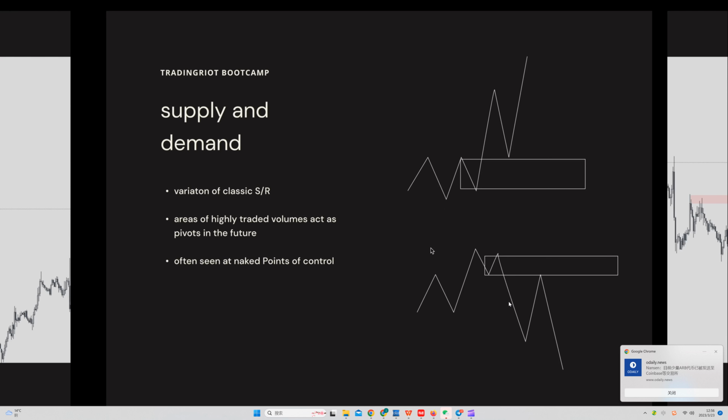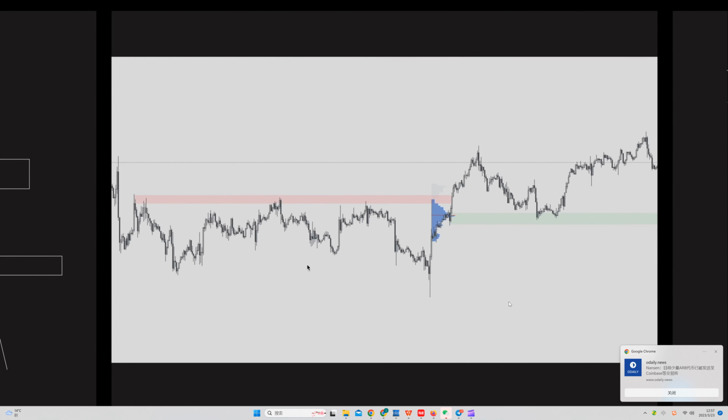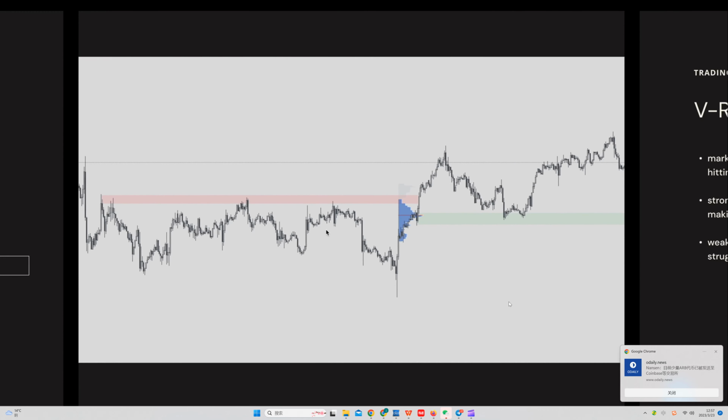In reality, although there are many speculations why these things work and why they don't, they are just levels where the high volumes were executed before the market went into this inefficient state, basically. This is why you will often find naked points of control there. I will talk about it a little bit later, but the areas of supply and demand are really as simple as that, and you can see this on a